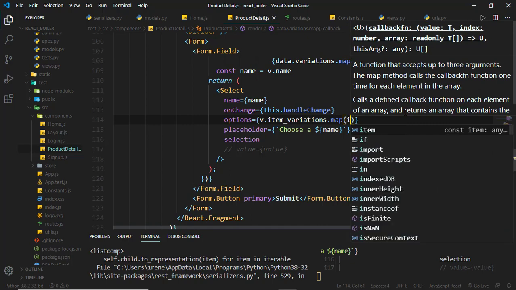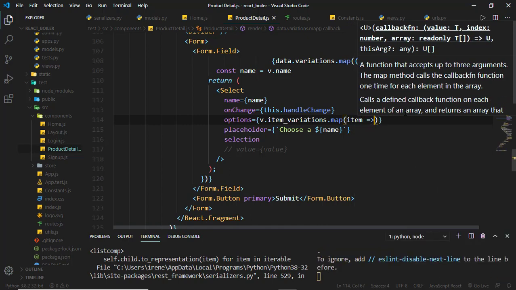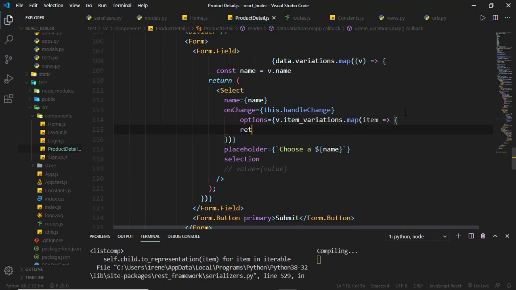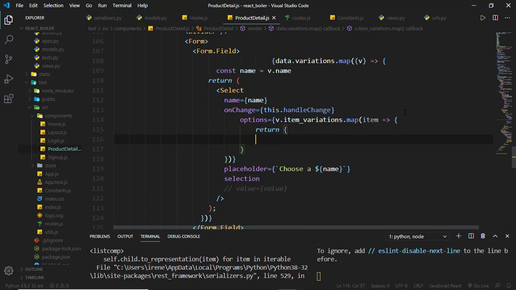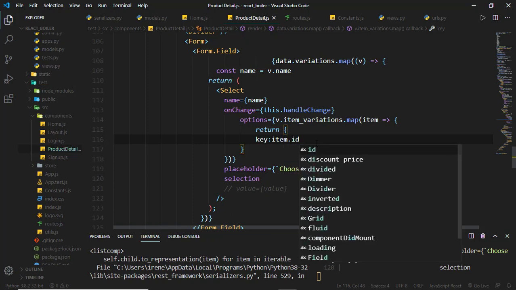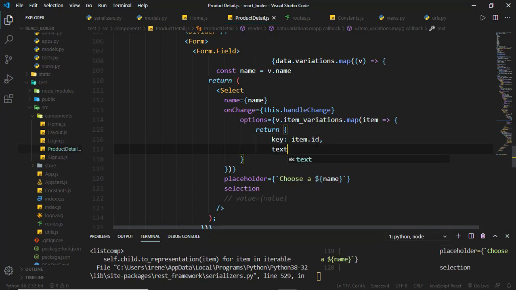For each item, we'll just return an object, and this object needs to have some properties for it to be outputted properly. And first thing, we need to have the key, which is just the item dot id, and the text, which is the text which you actually display and choose as an option. It will be item dot value,